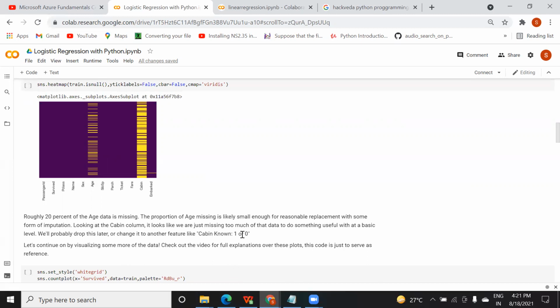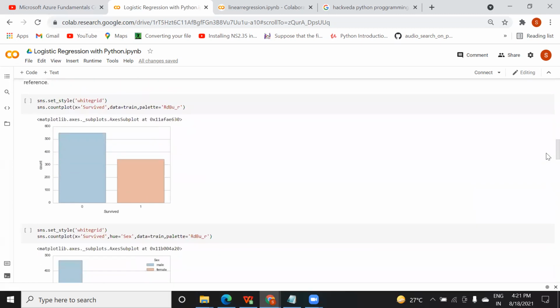So I have already mentioned it, and after that I'm drawing in various formats. यहाँ पे अब मैं दिखा रहा हूँ कि जो मेरा survived column है, ठीक है, which is my target label. यहाँ पे मैं seaborn library यूज कर रहा हूँ, ठीक है?